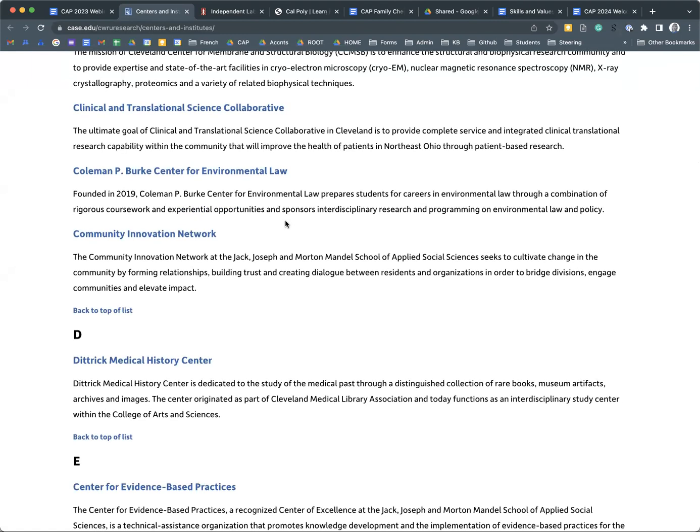And this is what faculty are involved in. They bring people on board to do it. They hire people just to work in their institutes and in their centers. So this is really a big part of the identity of these universities. This is first and foremost what they do. Most of their focus and most of the focus of their faculty is on the research. And when they go for tenure, they're expected to do research, publish books, make breakthroughs, all of that. So that's really important to get your head around.